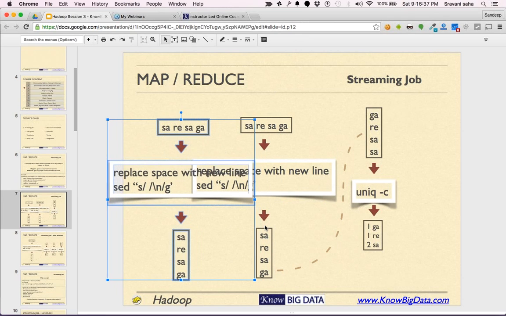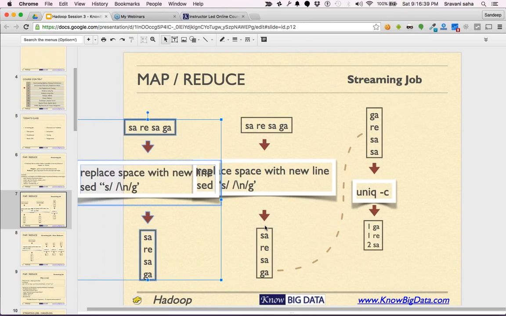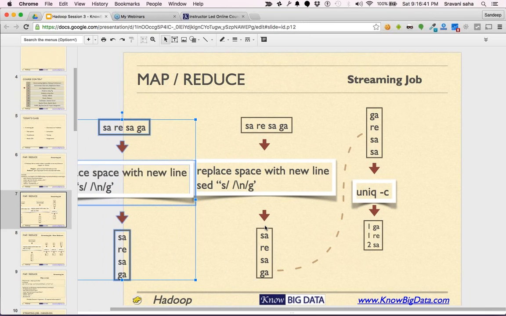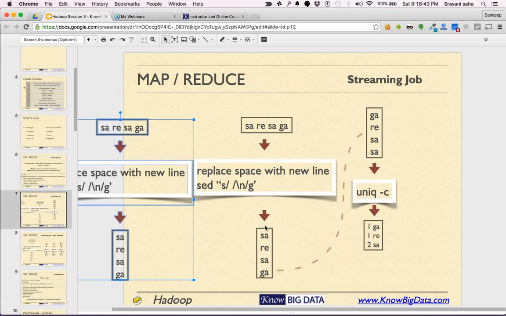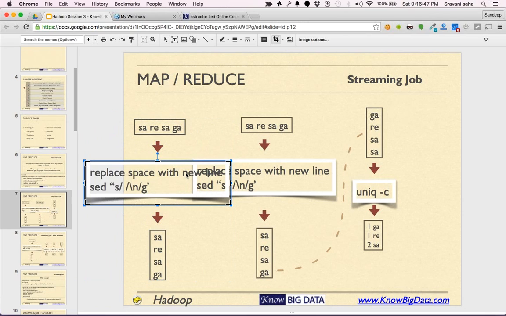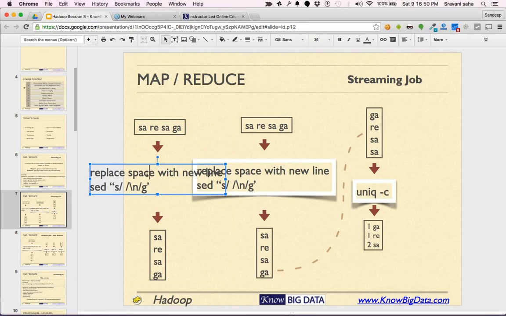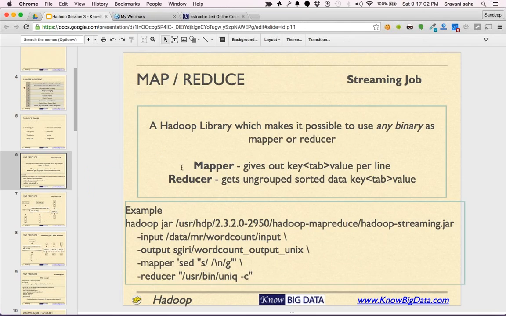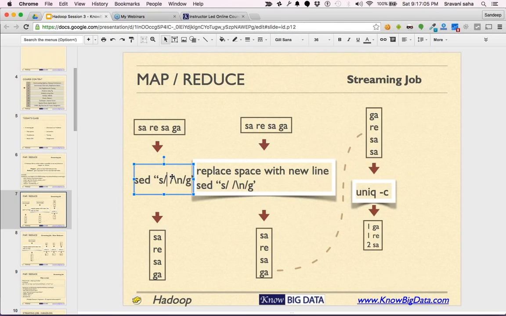Let's say there are two nodes in your cluster like this. I'm not sure if you can see it. All right. You can see that.